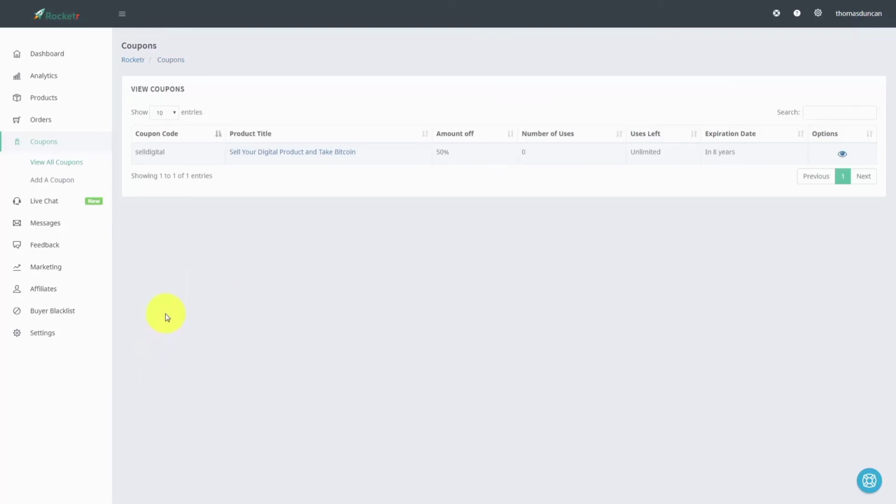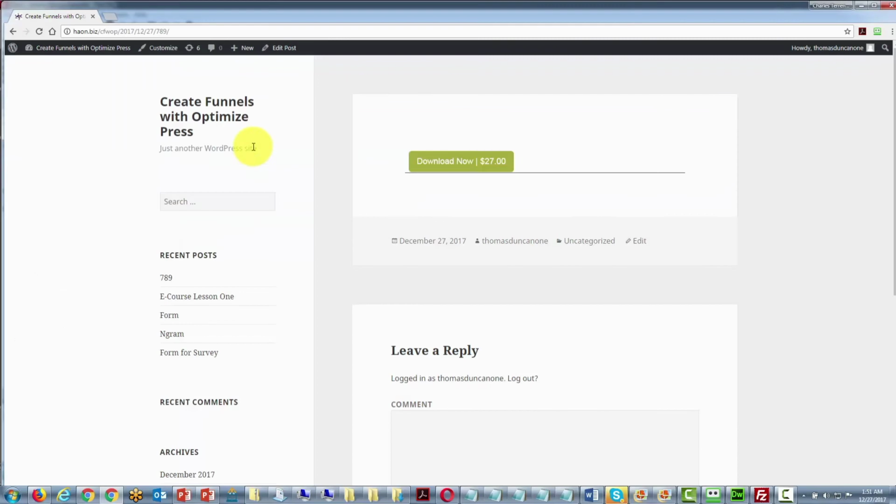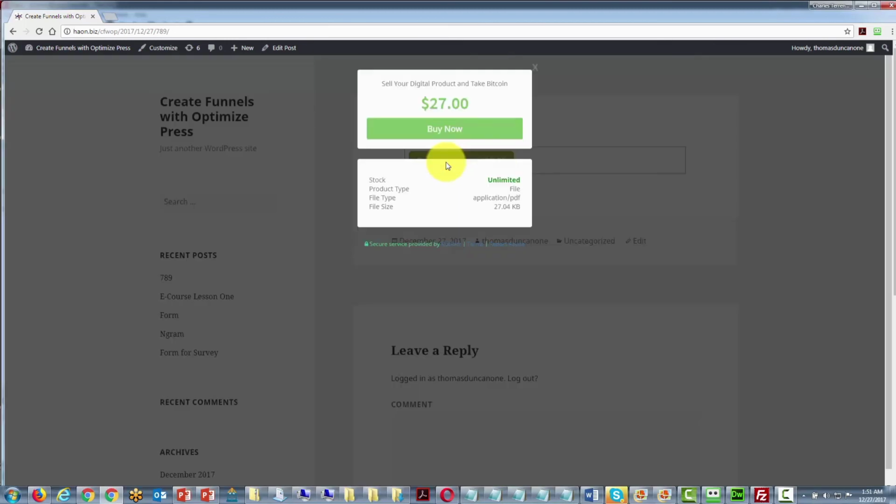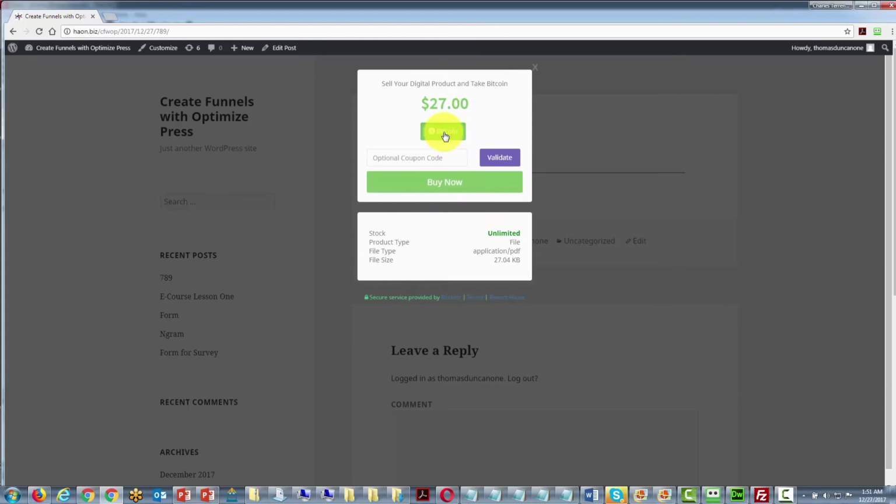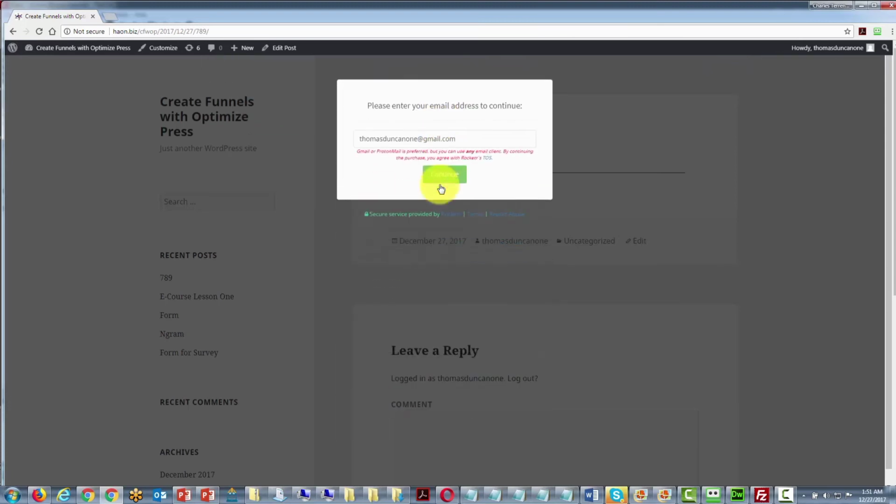So the coupon that we want to give our client is going to be the name Sell Digital, just as we see it there. So when our customer actually goes to hit our pay button, they're going to click it. They're going to then click Buy Now. And then they're going to be shown a place where they can put their coupon code. Actually, they're going to click Validate. They're going to get 50% off,